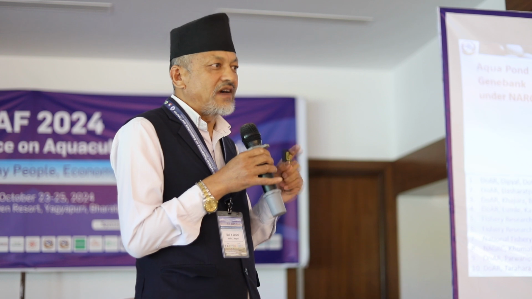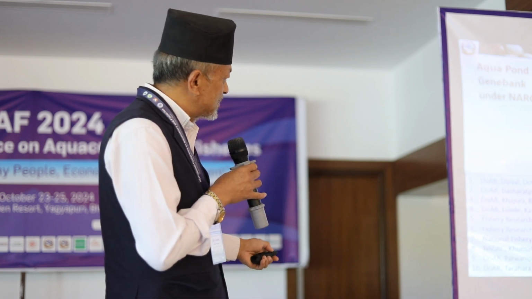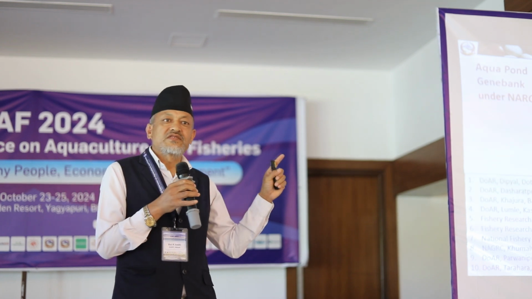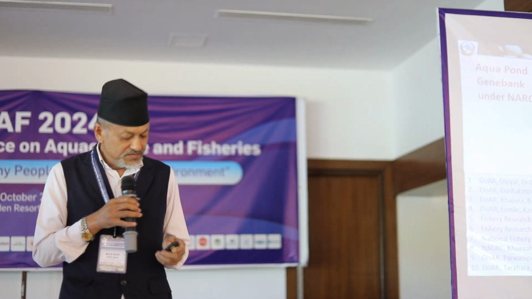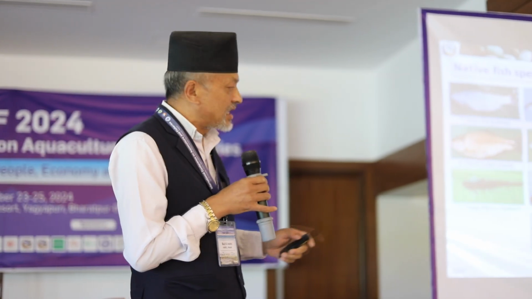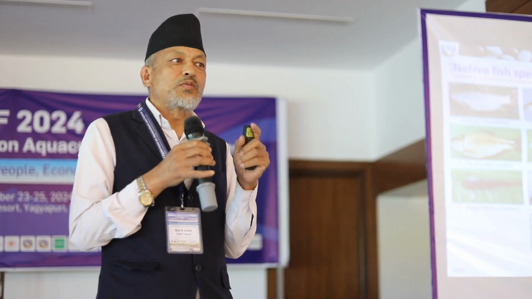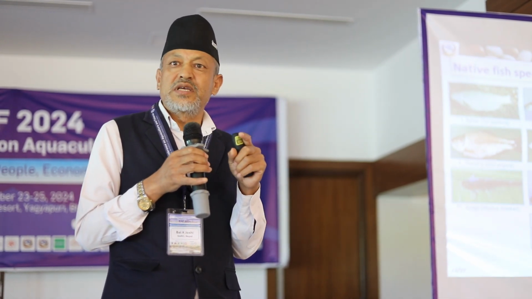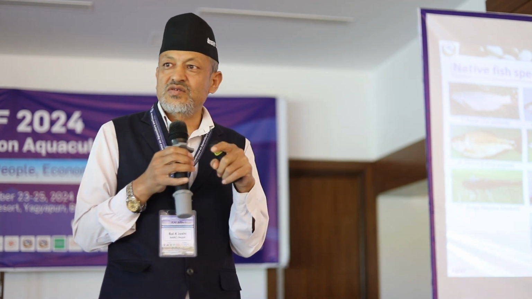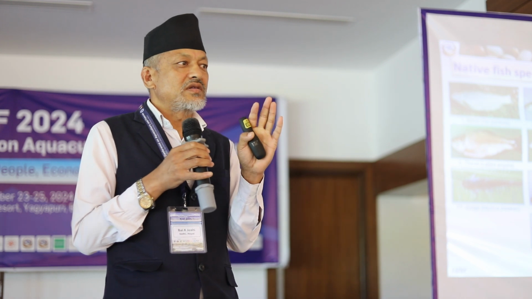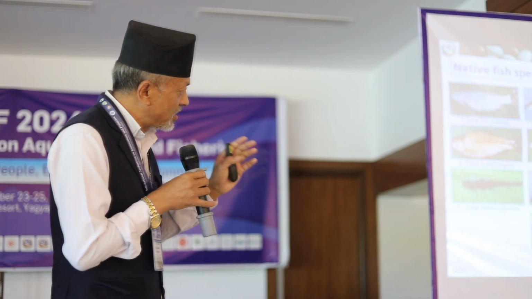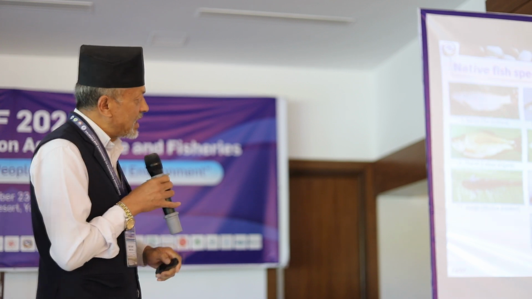So far we have only 5. But our target is to establish them in all the stations having these features that I already showed. These are the native fish species that we are targeting, because aquaculture can be established in all areas, either in situ, ex situ, or on farm. We have followed 3 strategies: on farm, ex situ, and in situ. In all conditions, we can have an aquaculture land.